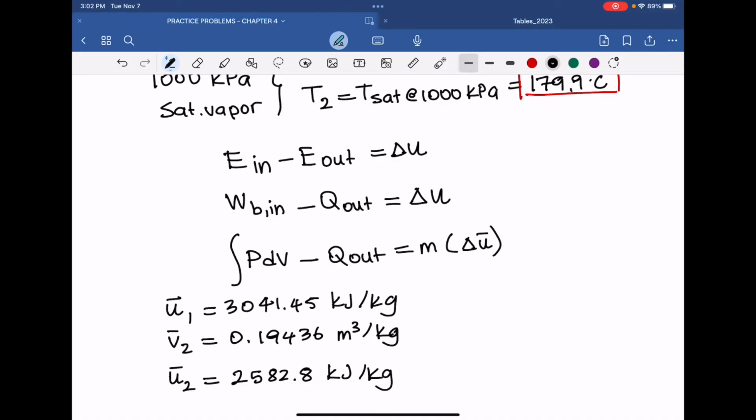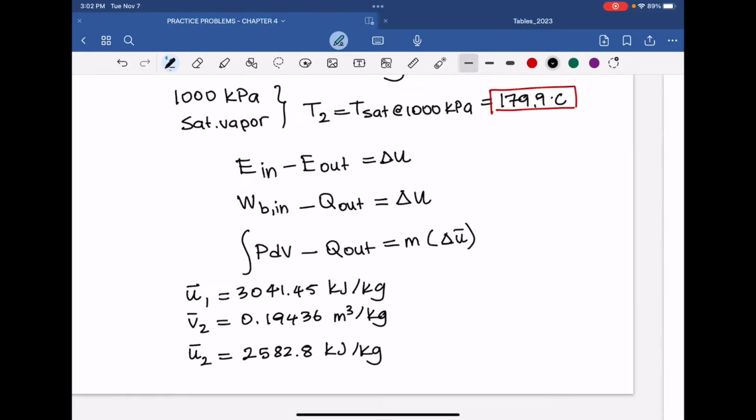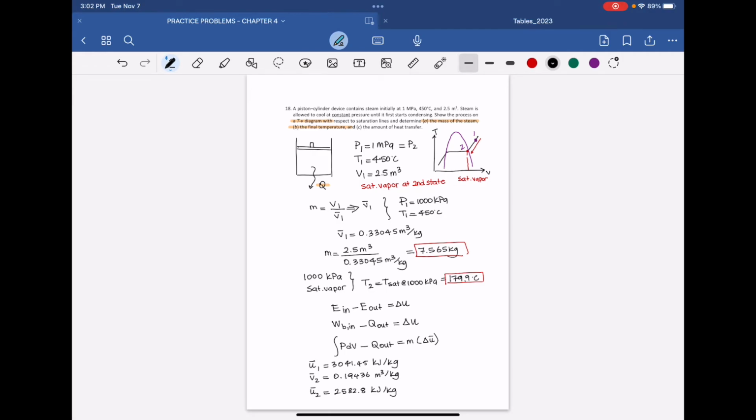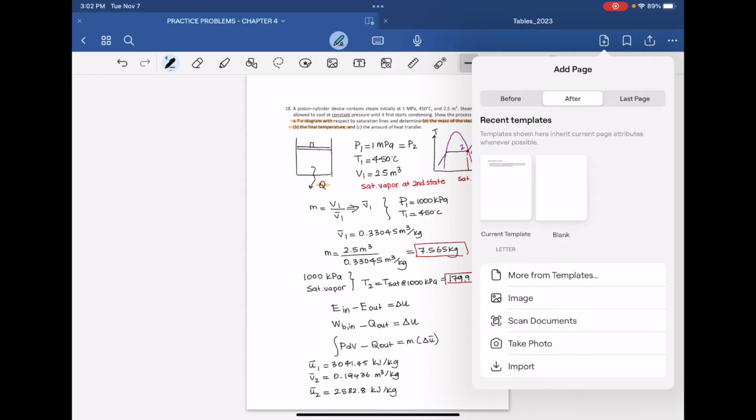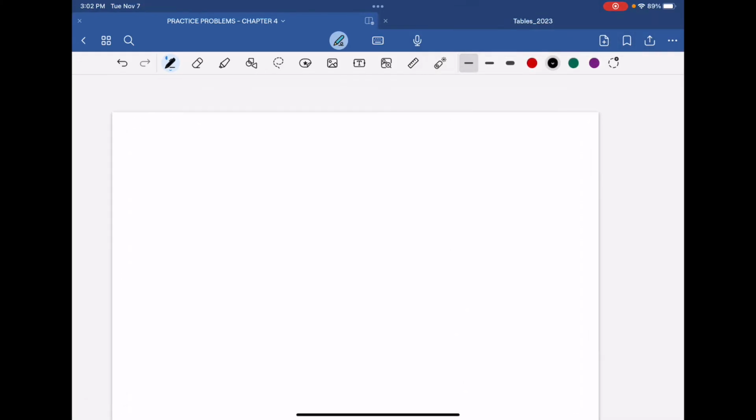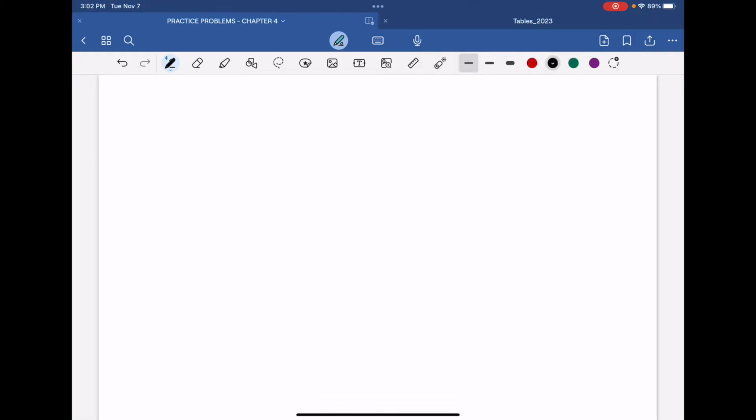Now after you figure this out, plug in the numbers. So we don't have space left. We're going to go to the next page. So P delta V minus Q out was equal to m delta u. Okay, in other words,